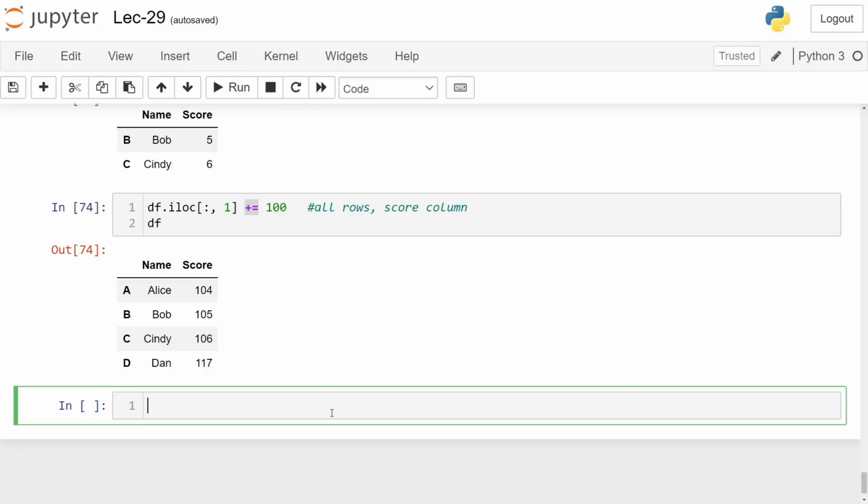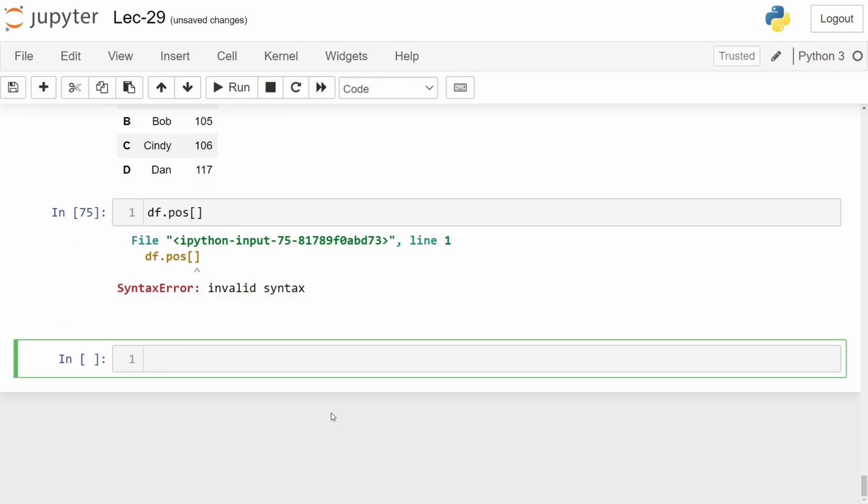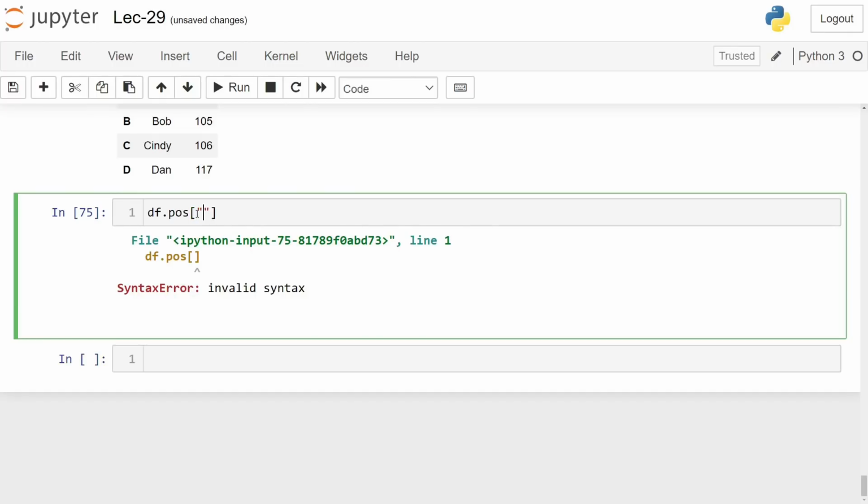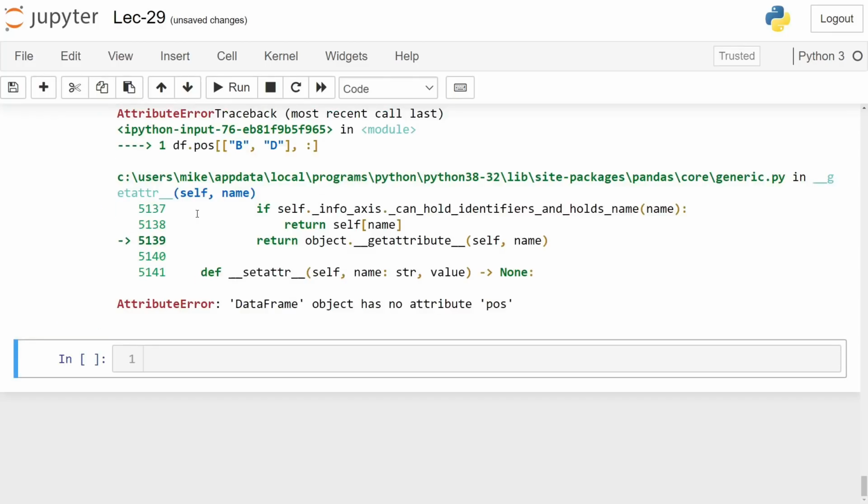And one other final way that I'm going to introduce slicing of data frames is using a list of indices. So here, we'll grab the data frame. We'll use, oops, I missed. I keep hitting enter when I don't intend to. I'm going to give it a list for rows, and we'll just grab all the columns. So we'll grab row Bob. Oh, wait, he's in row B. And we'll grab row D. And when we run this,